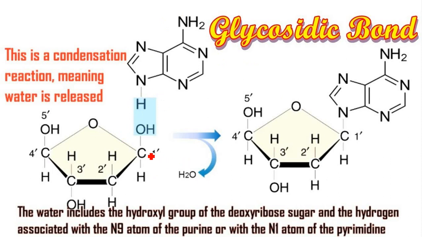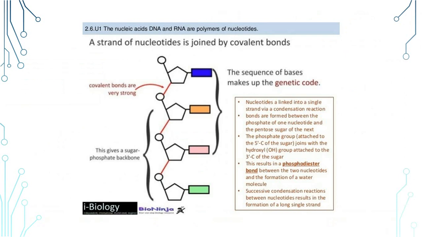In this picture you can see how the bond forms between a nitrogen base and a sugar molecule. From the ninth position nitrogen it takes one hydrogen, and from the first carbon it takes one OH group, and one molecule of water is released to form a bond which is called a glycosidic bond. And how does the formation of the phosphodiester bond take place? We know that,